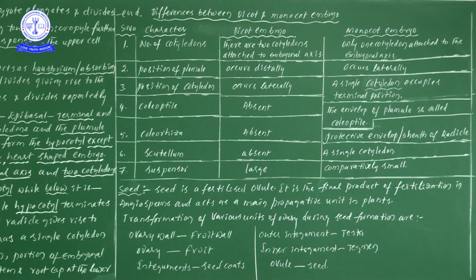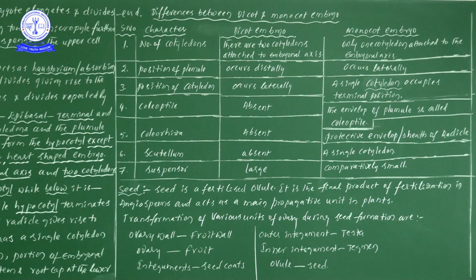Now during seed formation, while the embryo is developing, how will it be? While the embryo is developing, if the endosperm is not completely consumed, then based on that, seeds are divided into two types. One is endospermic seeds and the other is non-endospermic seeds. Now we can take one more name.